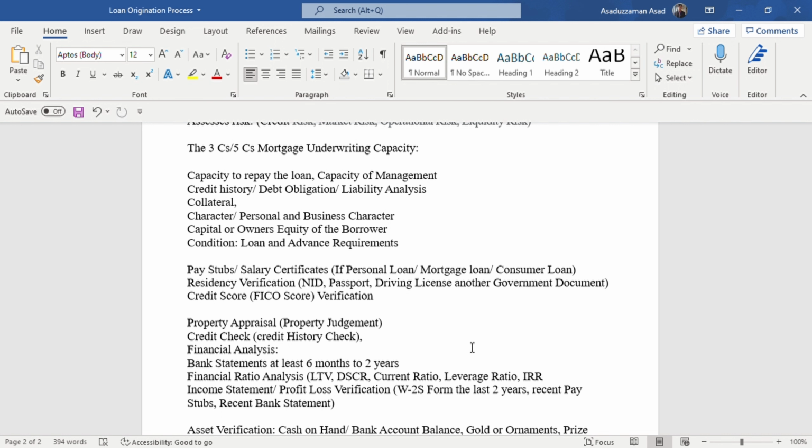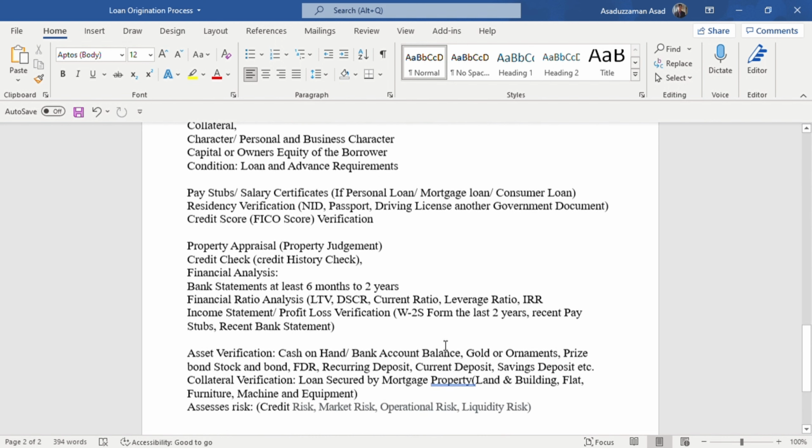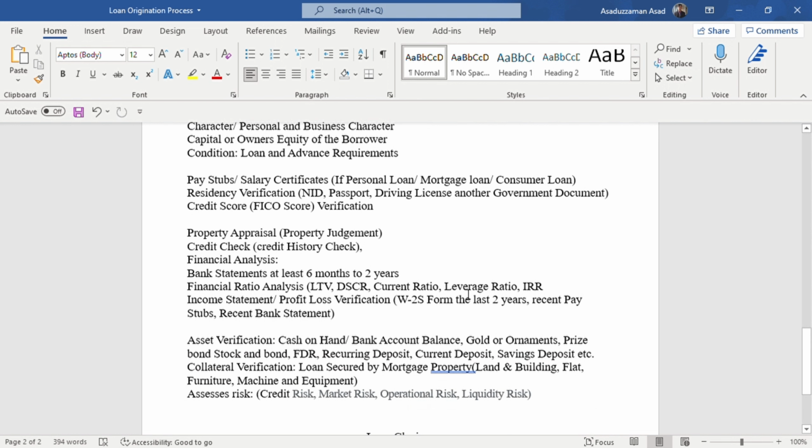Income statement of the business holder or the borrower who will take the loan. It is also very important. Then asset verification of the borrower is also very important. Total cash on hand of the borrower, the bank account balance of the borrower, gold or ornaments the borrower possesses in his home, prize bonds, stock and other government securities, fixed deposit receipt, recurring deposit, current deposit, savings deposit and